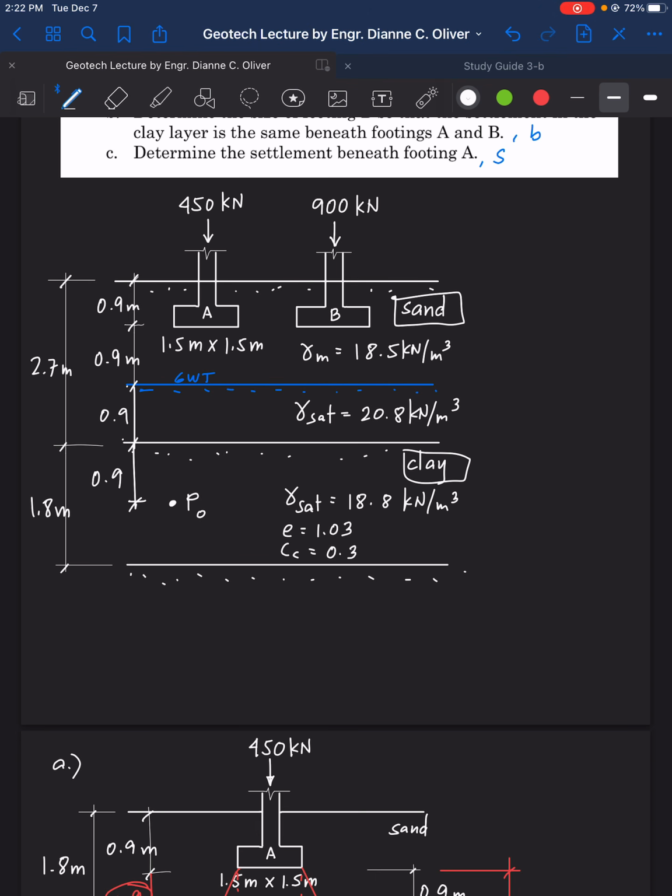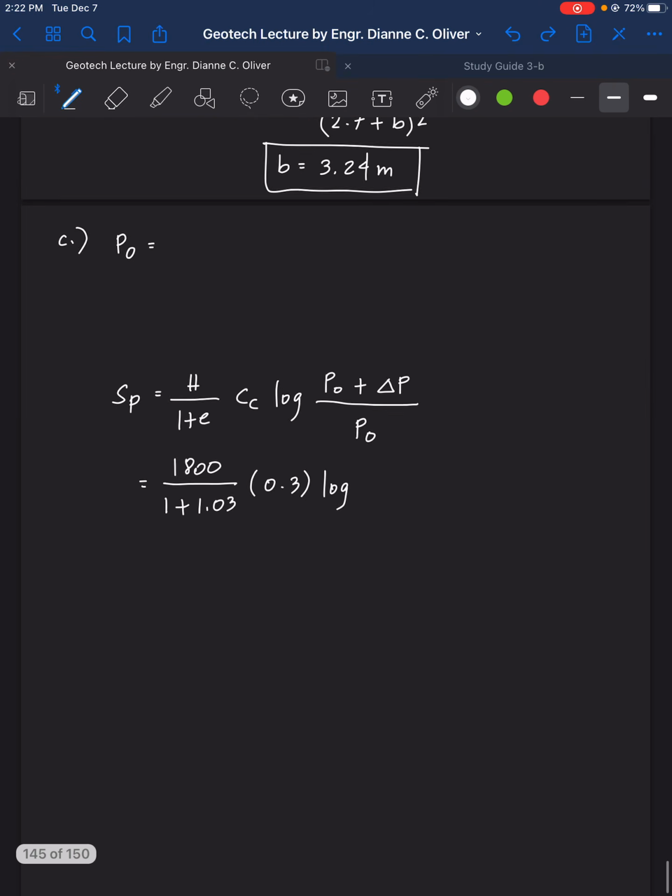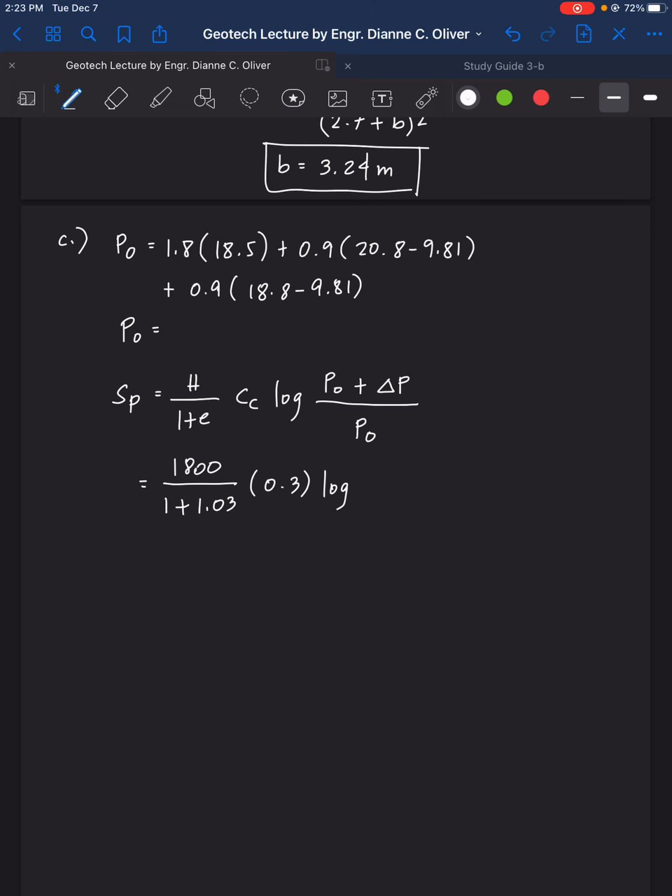That is 0.9. 0.9 times gamma sat 18.8 minus 9.81. Okay, so that's what we're going to do here. So P sub O is 1.8 times 18.5, the gamma moist, plus 0.9, the gamma sat, 20.8 minus 9.81, plus the gamma sat of clay, 0.9, 18.8 minus 9.81. So P sub O is equal to